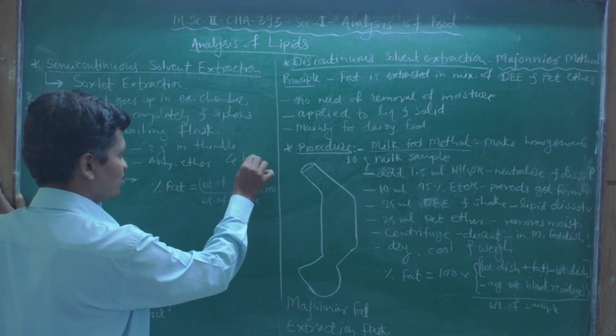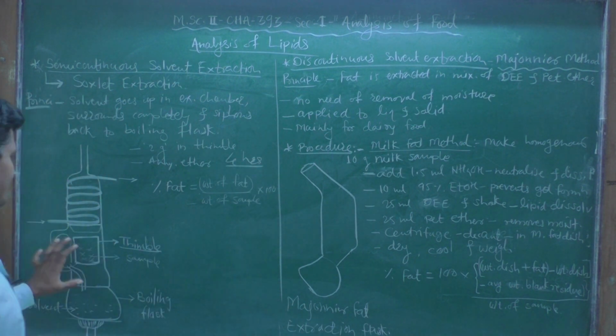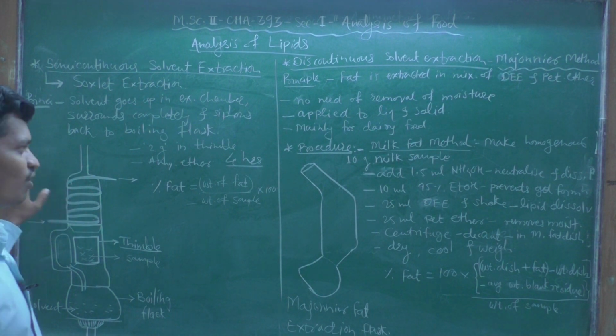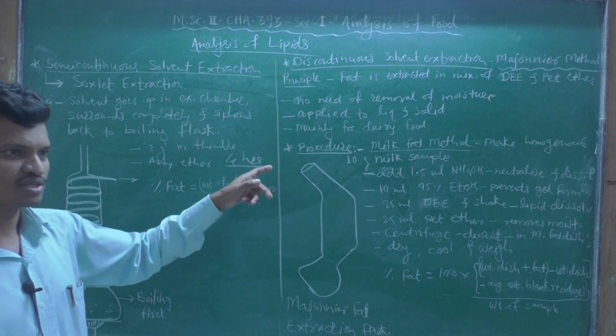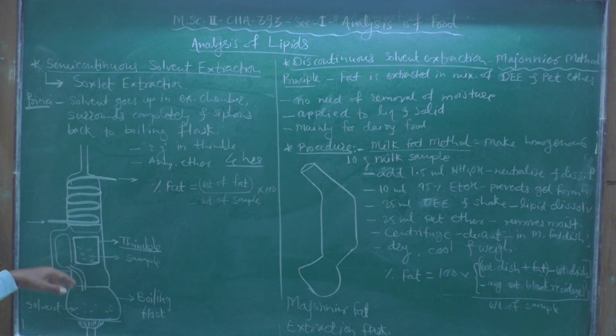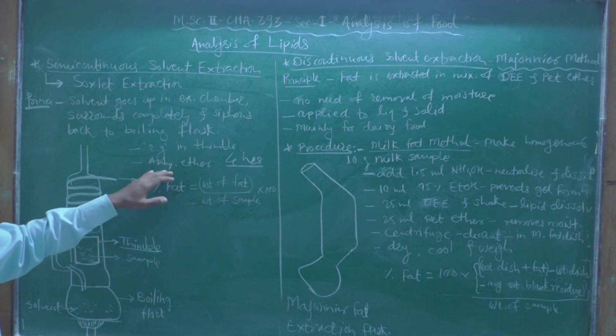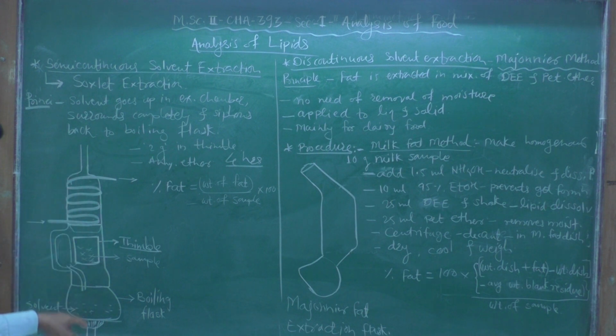The extraction process is done at a rate of 4 to 5 drops per second with this Soxhlet setup, and this extraction is done for 4 hours. After extraction is complete, stop heating. Allow the system to cool to ambient temperature or room temperature.